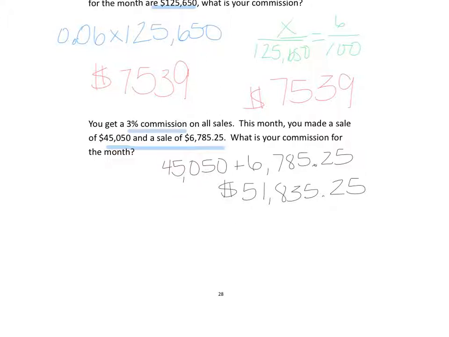So in looking at that, now we go to do this. I can either do the equation or the proportion. I'll start with the equation, which would be 0.03 times that 51,835.25, or I can do the proportion. I know that 3 is the percent, so it's going over 100, and that 51,835.25 is my part. And in either case, we end up with